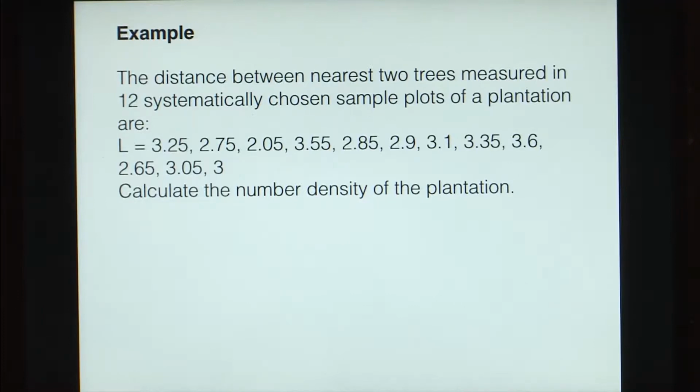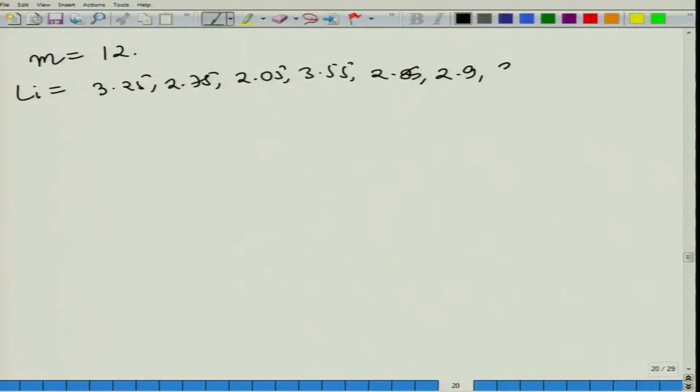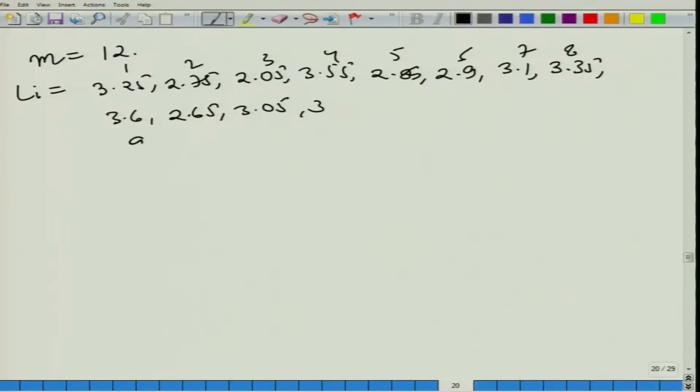We are given that m is equal to 12, and Li is given as 3.25, 2.75, 2.05, 3.55, 2.85, 2.9, 3.1, 3.35, 3.6, 2.65, 3.05 and 3. So, 1, 2, 3, 4, 5, 6, 7, 8, 9, 10, 11 and 12. So we have 12 samples and all the Li's are given, and we are required to calculate the number density of the plantation. So we will use the formula